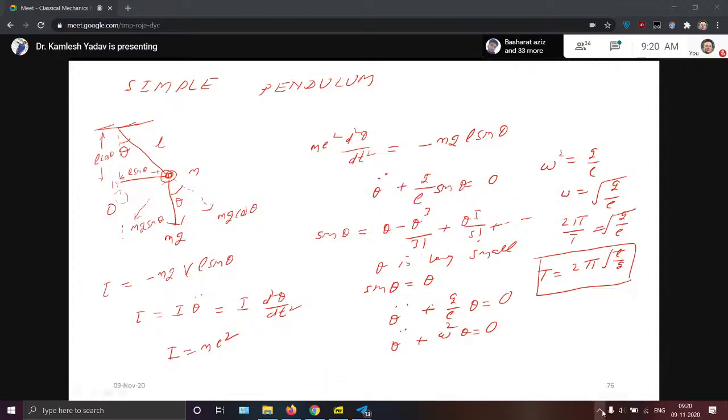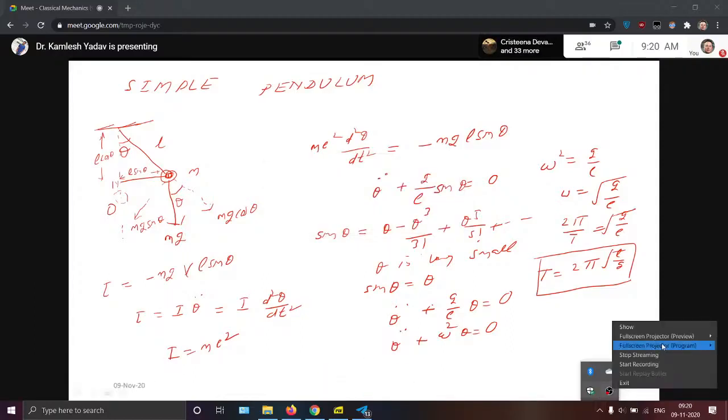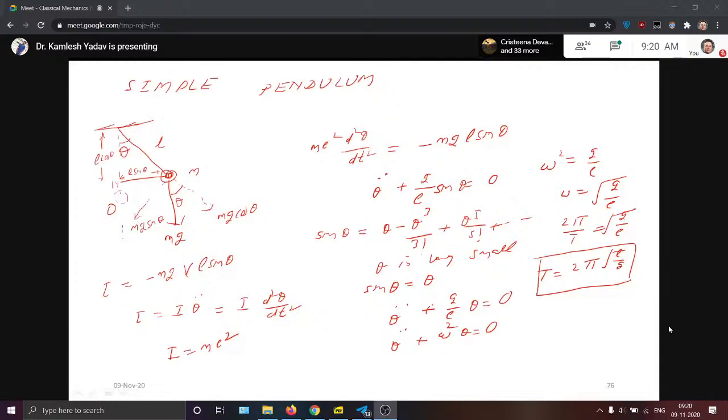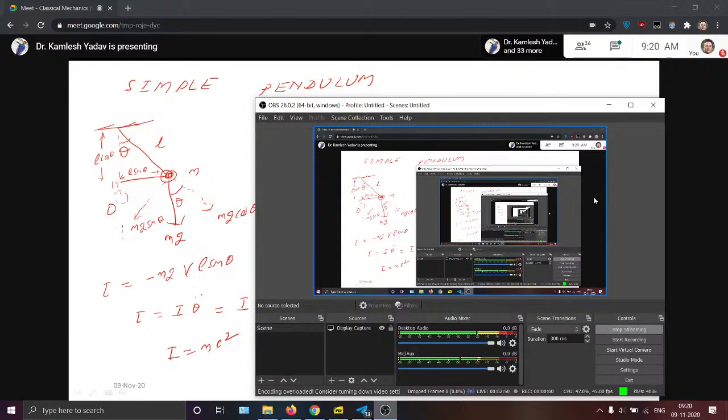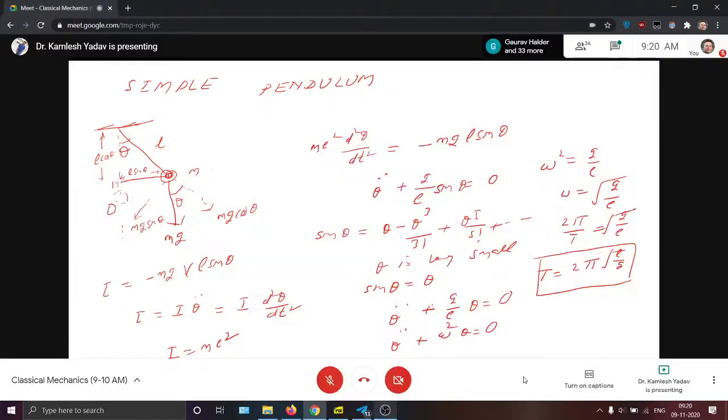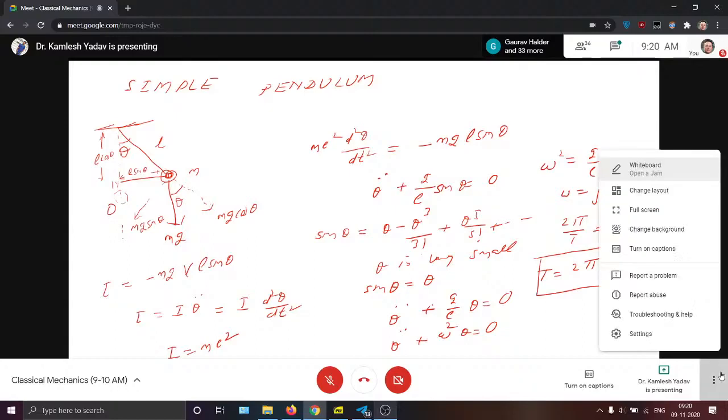Sir, we have considered torque as mg multiplied by L sine theta, but we have perpendicular distance equal to L sine theta, mg acting downward, and both have an angle of 90 degrees between them. So mg cross L sine theta, sin 90 equals 1.